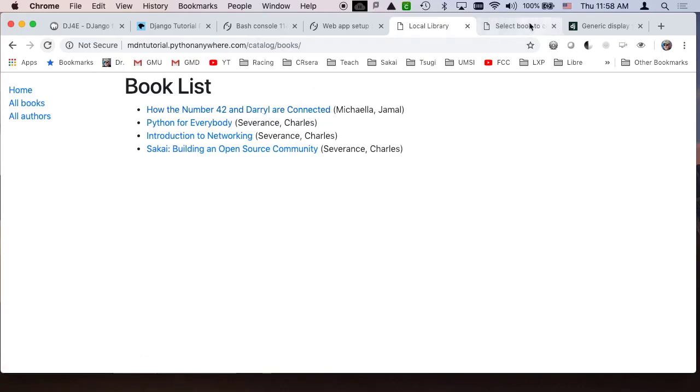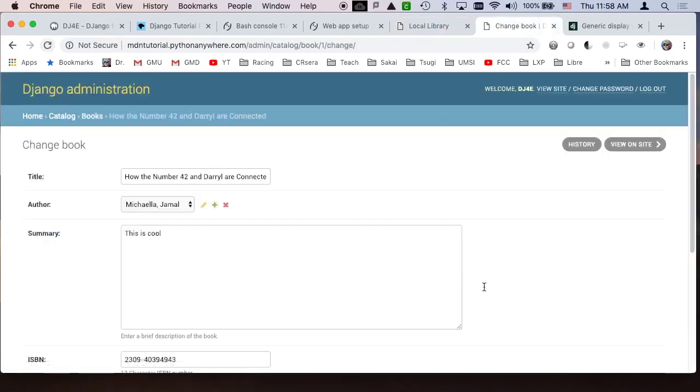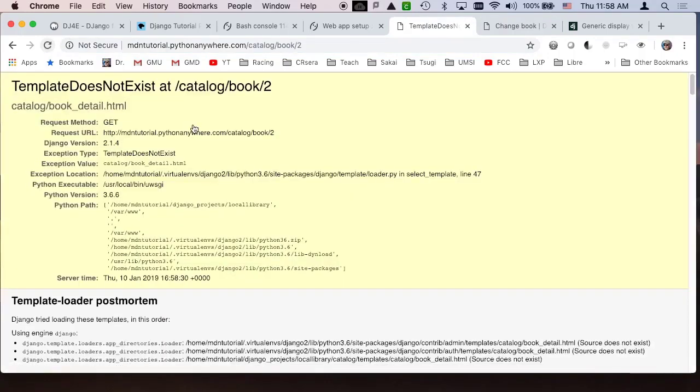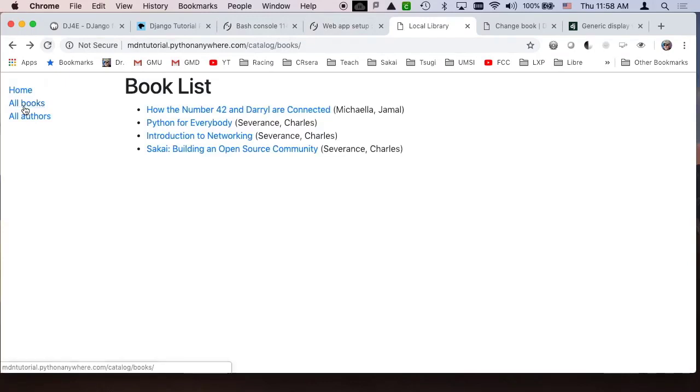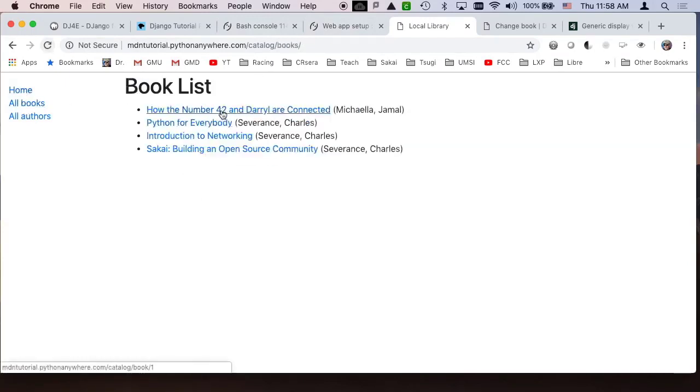If you go into your, does it tell us our primary key here? It doesn't, but it does say it right here. That shows the primary key. So let's go ahead and look at template. Oh, well, that's because the detail template doesn't exist. Once again, but that's still good. We're in pretty good shape. All books is working, right? Home is working. All books is working. So that's nice. But this detail page, we now have